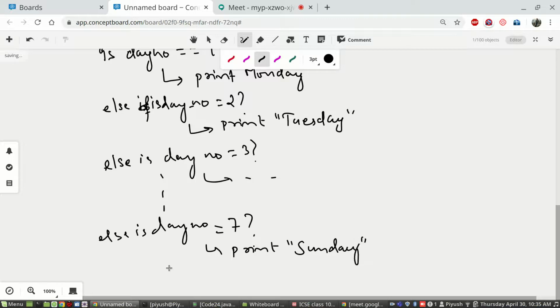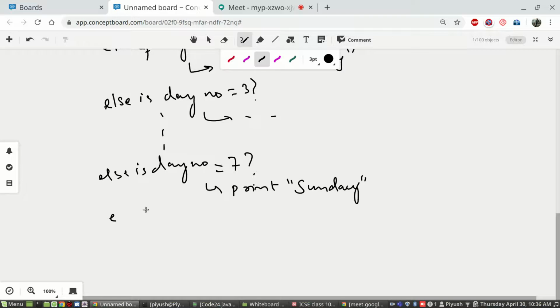Finally, if it is neither of the above, see, like I said, all control structures follow what is known as the waterfall model. I'll tell you what waterfall is; though this term is used in software engineering projects, it applies here also. For all other cases, your output should be invalid day number.